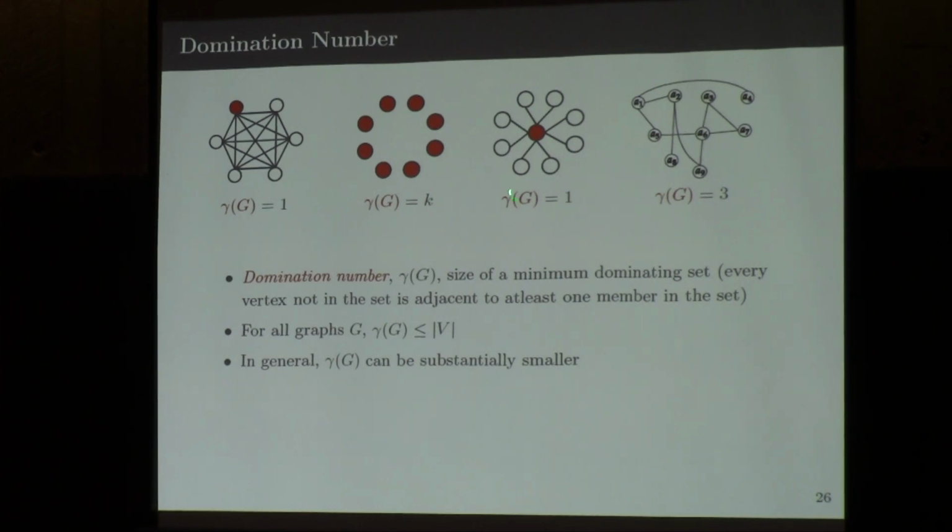For the star graph, the domination number gamma is 1, which is what we showed on the previous slide. In general, the domination number is the price that determines the minimax regret in these settings. It's always smaller than the size of the graph, and in many cases, such as the fully connected feedback graph, this general arbitrary graph, or the star graph, it can be substantially smaller than the number of vertices in the graph.